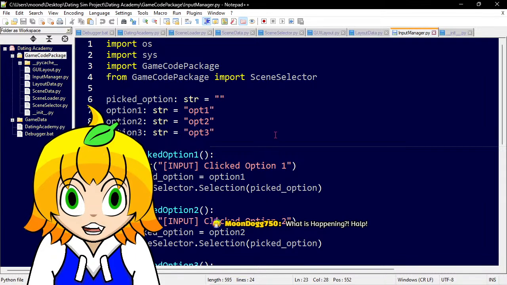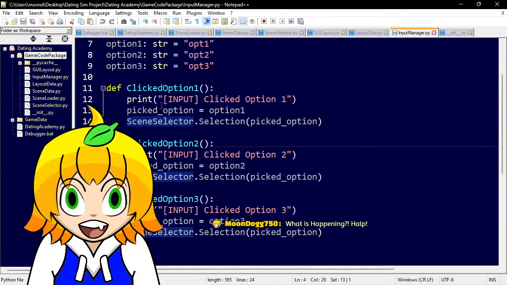See, this is where it starts turning into spaghetti. We're going from one thing to another to another to another module. The modules are all interconnected, and they can't be interconnected the way I'm doing it. They should all be going through main, I think, but I don't know if that's right. Because this goes back to scene selector.